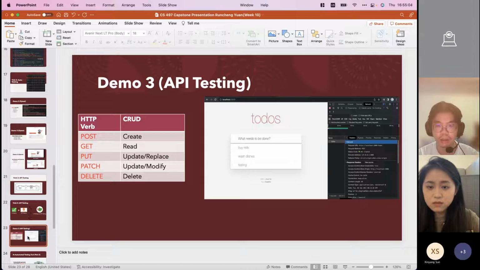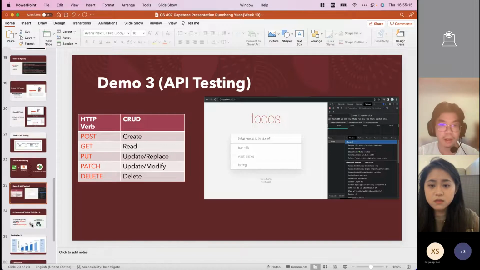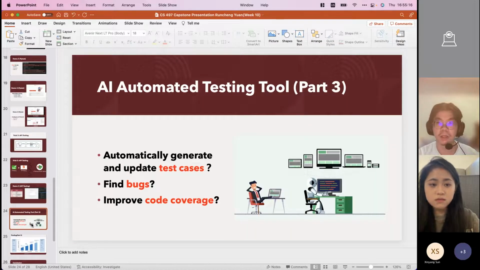They don't need to rely on the others, though maybe others can do a good job, like Postman, right? But I think maybe in the future they will do it better. So it's very important for Playwright. And the last part is what I want to mention: what the future of automated testing will look like, just like AI automated testing.